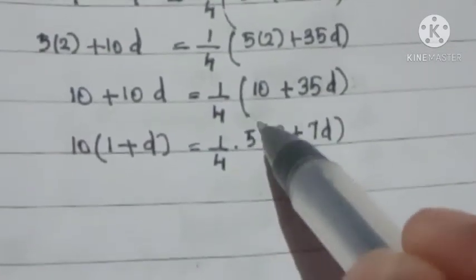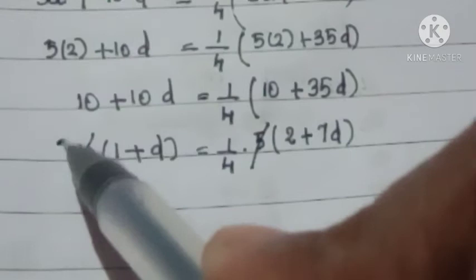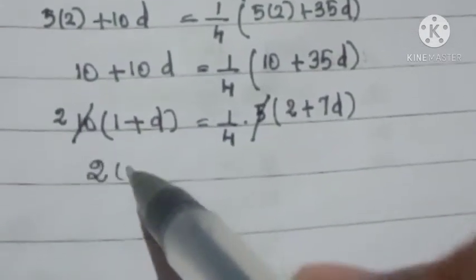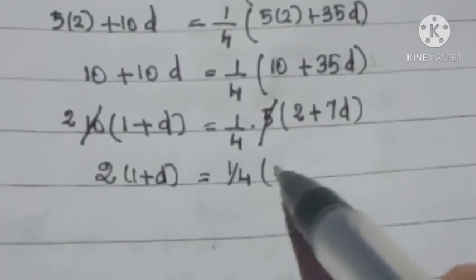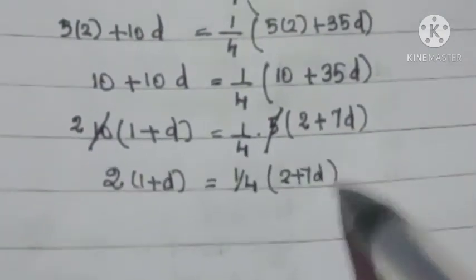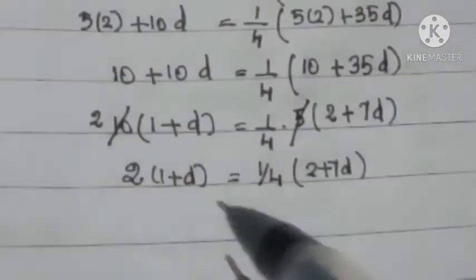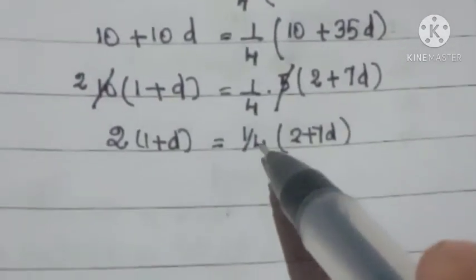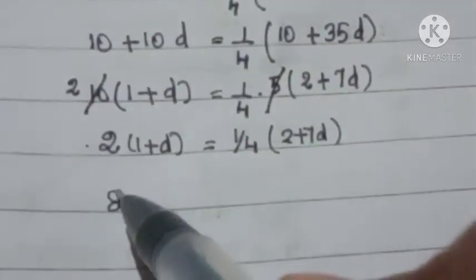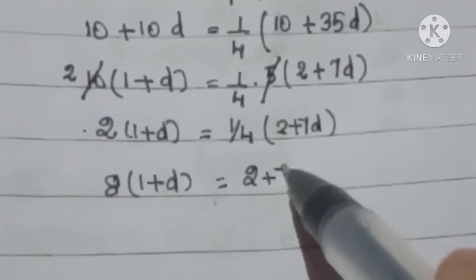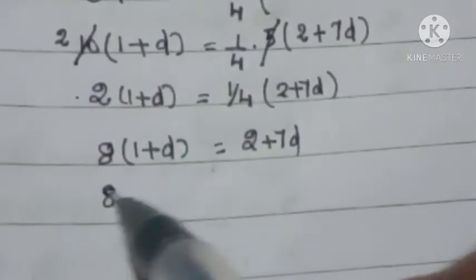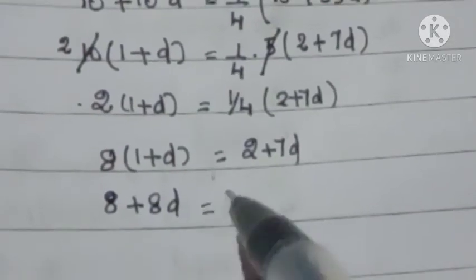Now here we can cancel this 5 and 10 two times. So 2 into 1 plus D is equal to 1/4 into 2 plus 7D. Now take the 4 to the other side. So 8 into 1 plus D is equal to 2 plus 7D, or 8 plus 8D is equal to 2